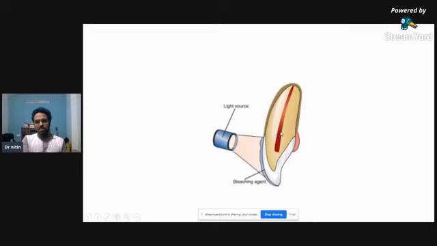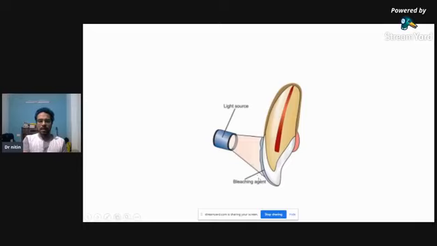we'll seal the orifice with 2 to 3 millimeters of GIC, followed by, in normal walking bleach, we used to place a paste of sodium perborate. Now we will not use sodium perborate, we will do a home bleach, in which we'll keep the coronal part of the chamber open. We'll just put a cotton pellet. So we just seal the orifice, leave the chamber open with just a cotton pellet, and we make bleaching